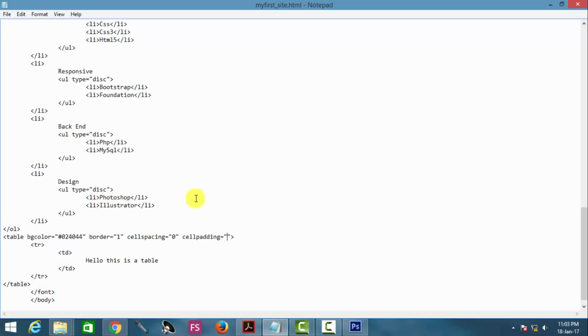So if I choose that the spacing between the contents and the cell wall should be 10 pix,